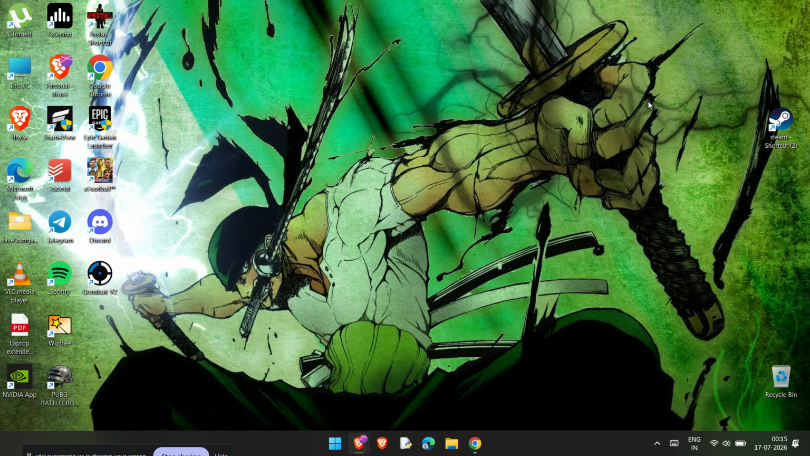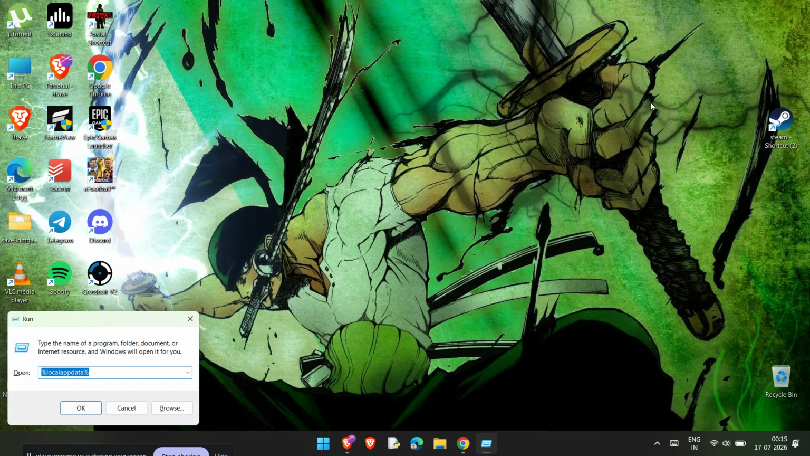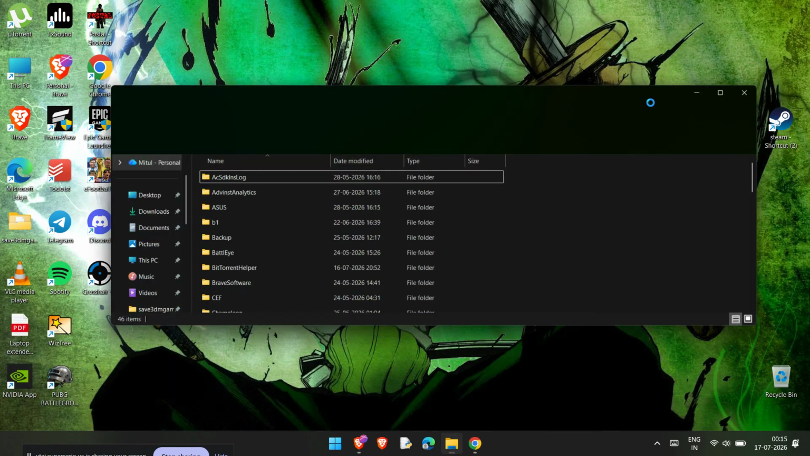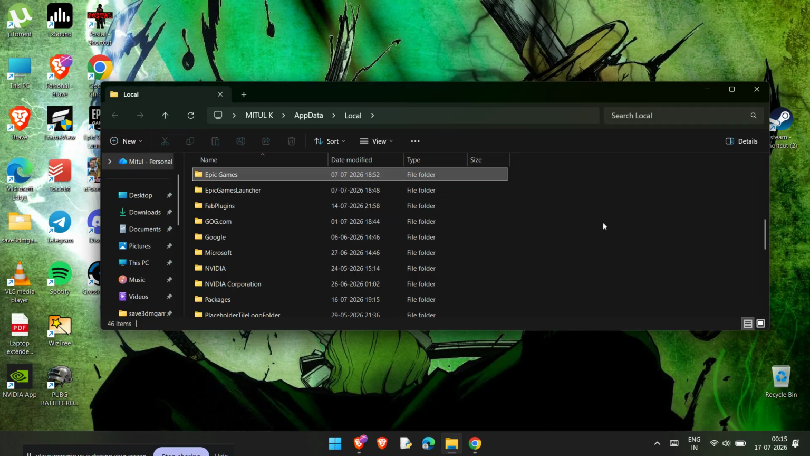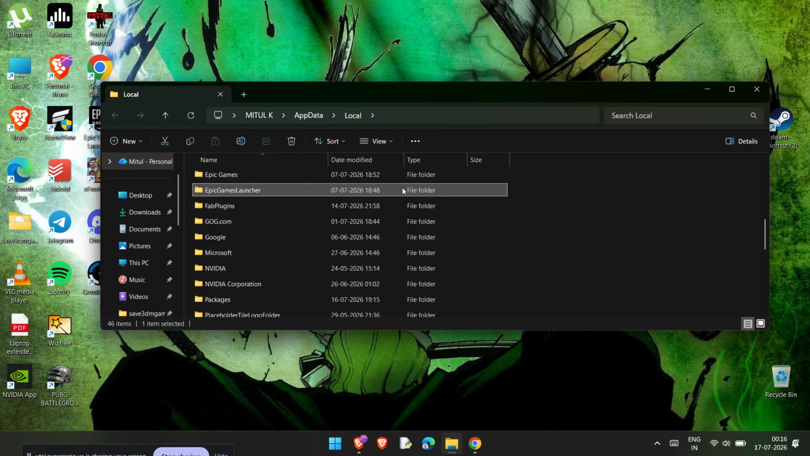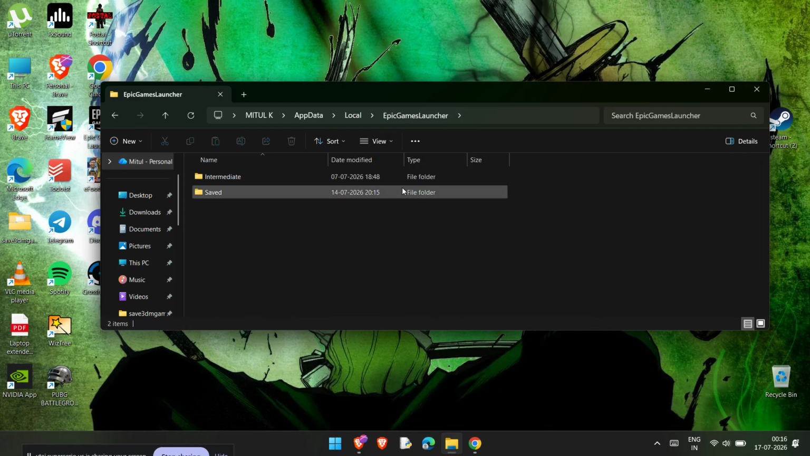Now press Windows key plus R on your keyboard to open the Run box. In the field, type %localappdata% and press Enter. This will take you directly to your local app data folder, where Windows stores temporary application data for programs like EpicGamesLauncher. From here, look for the folder named EpicGamesLauncher and open it. Inside that folder, open the folder called Saved. This is where Epic stores cache and temporary web data that can sometimes become corrupted and cause the SU-MD-HSH manifest